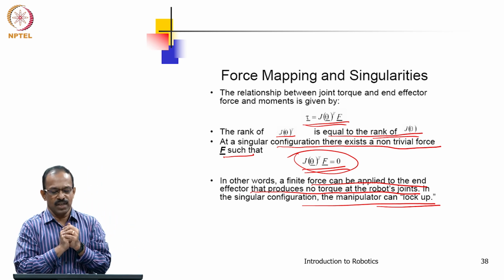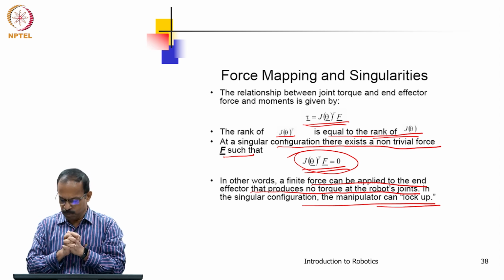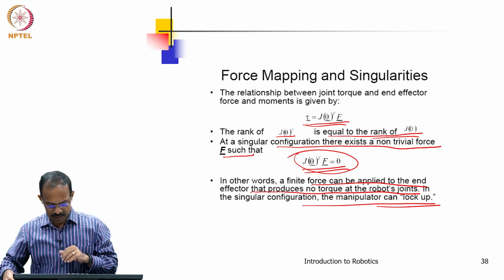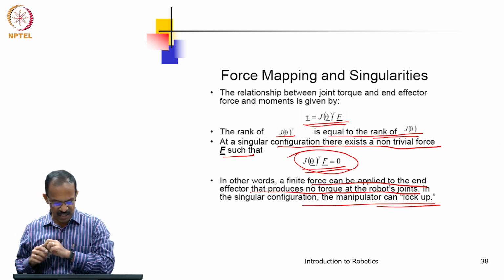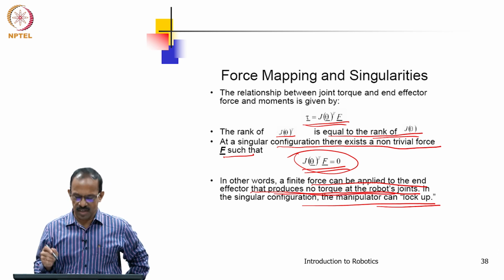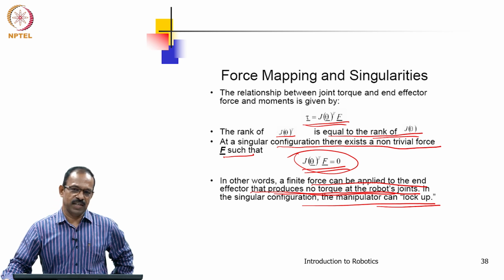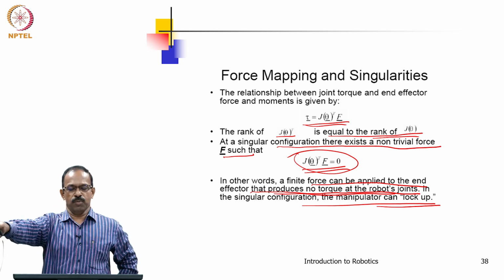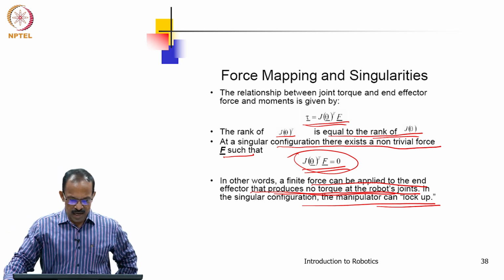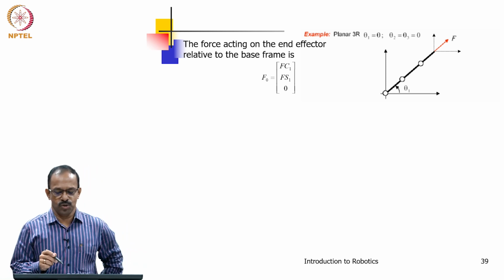force singularity, or the singular configuration in the manipulator, and this situation is known as a force lockup, a lockup condition where the torques at the joints are 0. This can actually happen in many situations, especially when the manipulator is in a fully extended position or at boundary singularity conditions. So, let us look at a case where this can be shown.